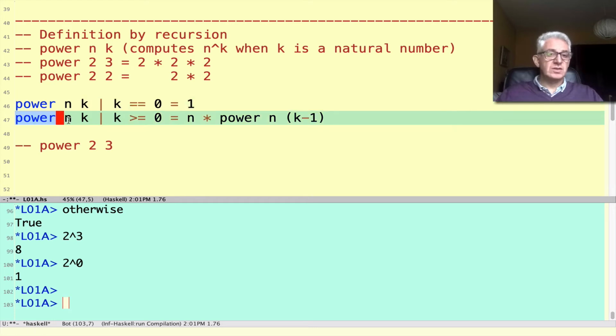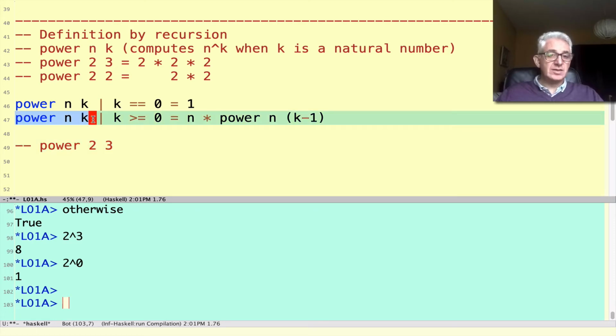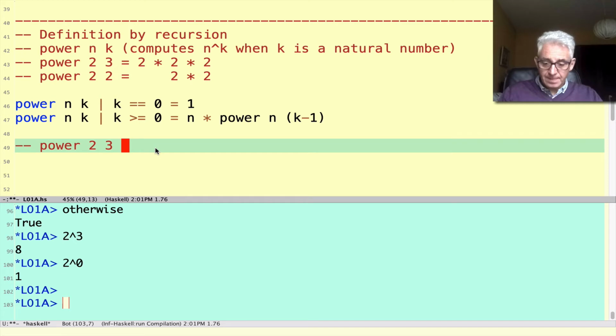So we have to move on to the second equation, and for the second equation, the guard is true. K, the value 3, is bigger than or equal to 0. And so we can now replace this thing, power 2, 3, by this thing, which will be the n, which is 2, multiplied by power 2 and 3 minus 1,